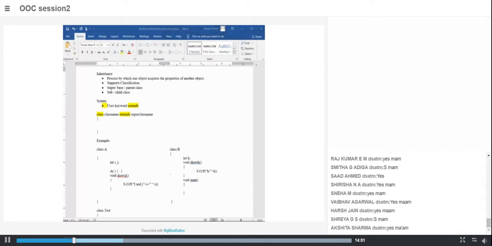K is a member of B, and I and J are members of B which it inherits from A. By doing so, we get reusability. In order to add two numbers, I'm not defining new members, I'm reusing the members which are defined in A. Do you understand? All of you?